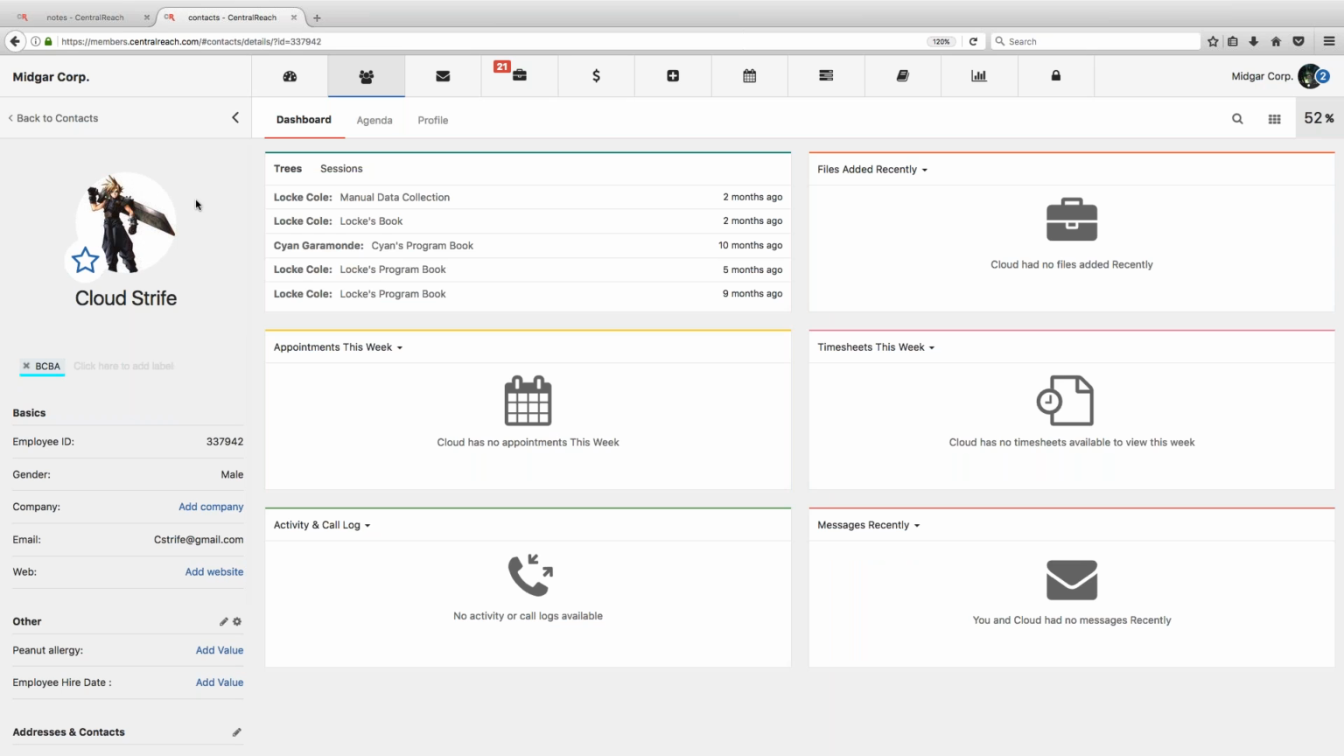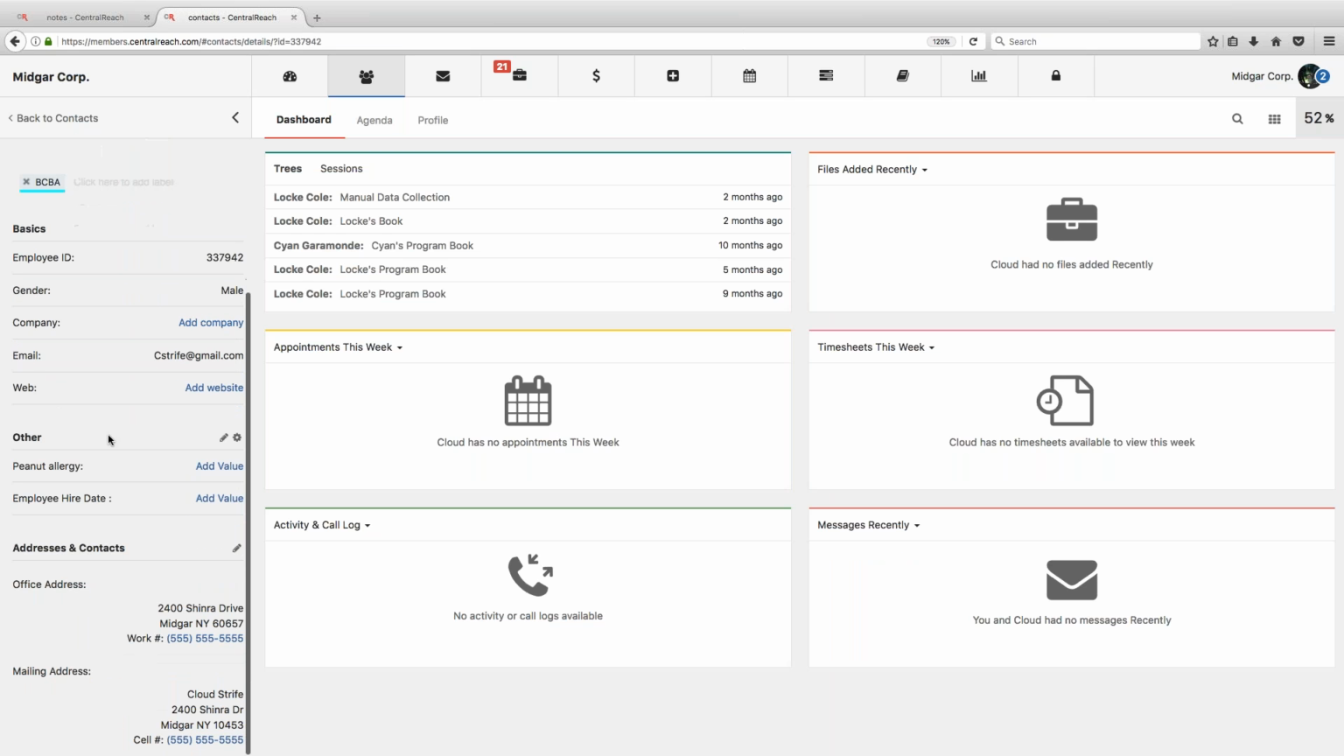Oh, by the way, as somebody else pointed out on my note, these are all Final Fantasy characters. So if anybody's wondering where that is from,